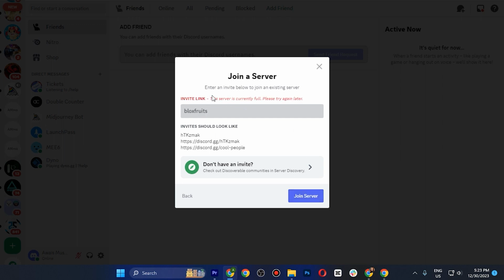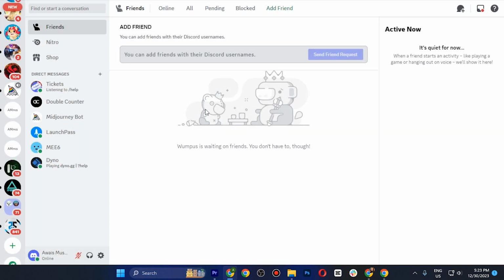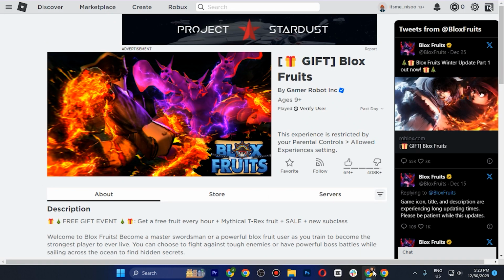Now sometimes the server is currently full, so what you have to do is log in and try joining at a different time, and after that, once you are able to join the server, you have to open up a